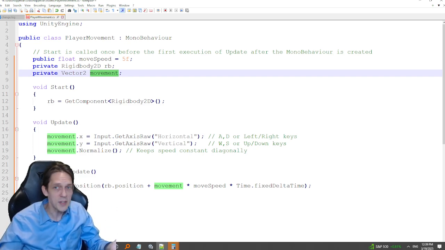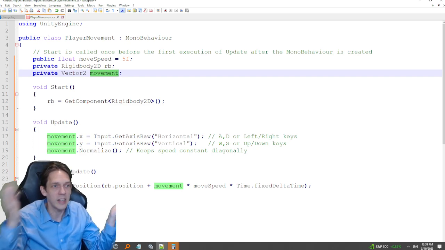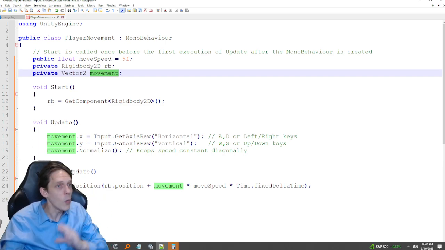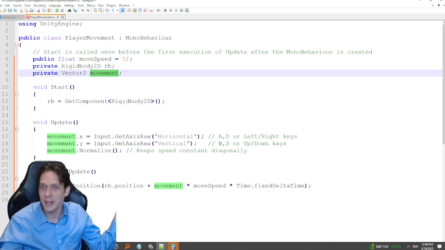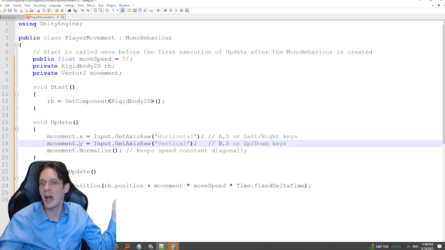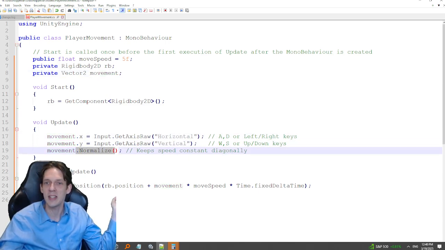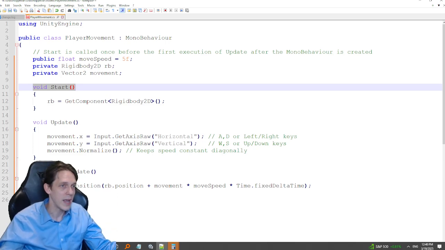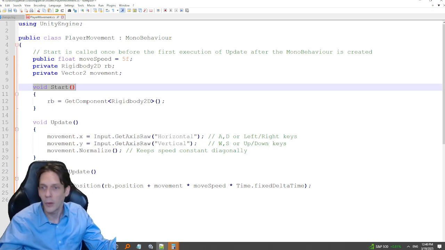But in it, trust me, just like in here where they've got public, private, and so on, there's a public X, a private X, or whatever. There's some stuff in there that we can't see unless we open it up. We assume it's in there. It is. If you know it's in there, you can call on it. We're calling on it. And we're calling on X and Y and normalize. Those are the three things. Normalize is a function. That's a void, because it's not giving us anything back. So inside of movement, there's a void called normalize, and there's also a private called x and y. That is my guess. It could be public. I don't know.